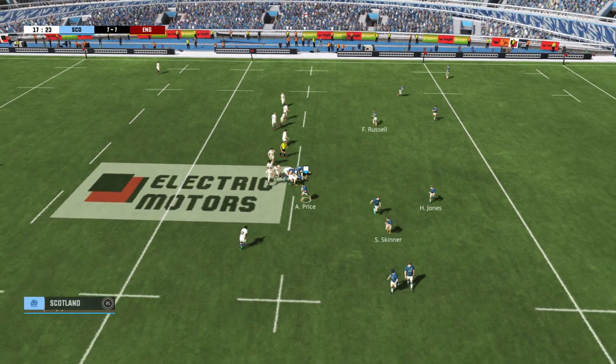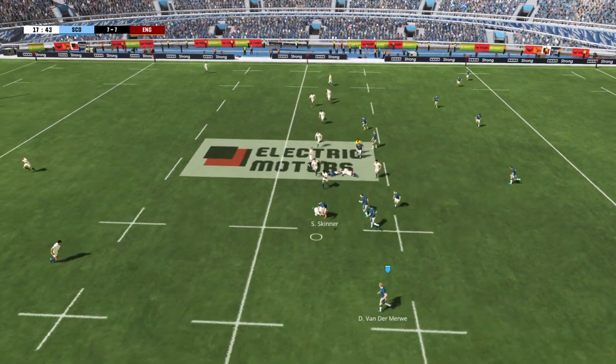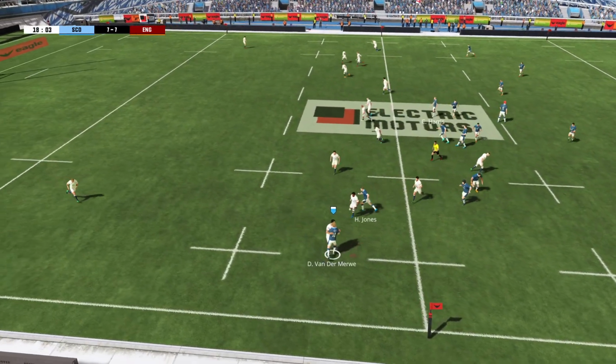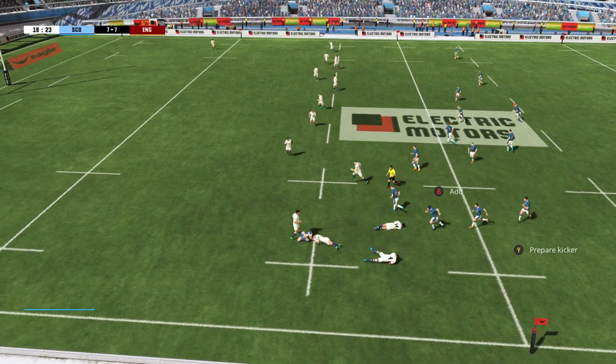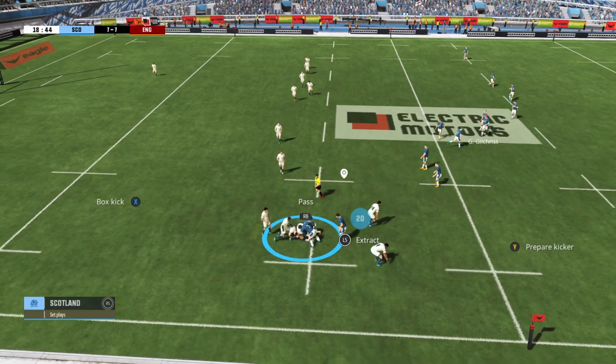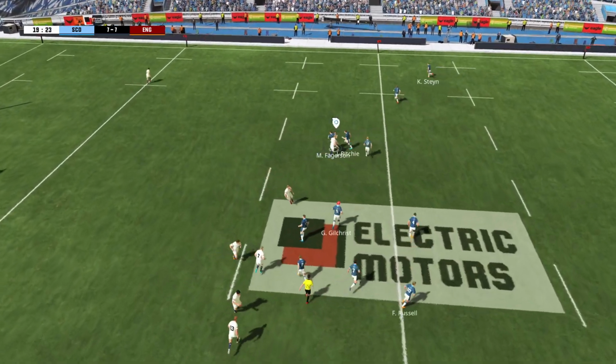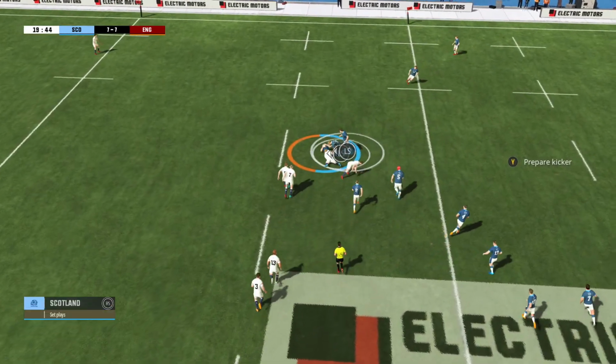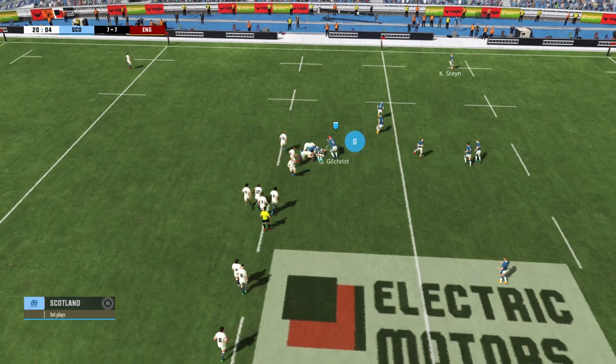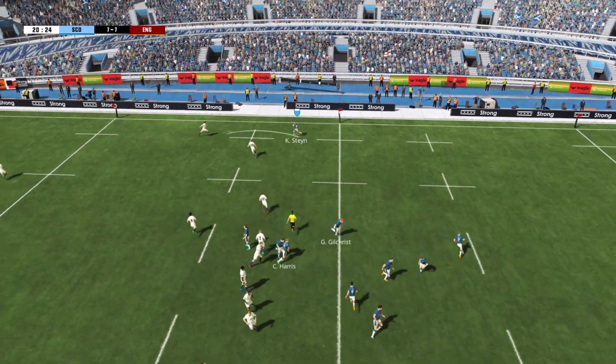Can Scotland recover quickly? They do. Ali Price dragging the men in. Sam Skinner getting it out. Duhan van der Merwe one-on-one. Oh, just shoves Radwan down onto the ground. Can Scotland keep this offence moving? Oh, and England have really bunched up here. If that ball can come out. Jamie Ritchie, oh, great play by the English defender to take down both men there,